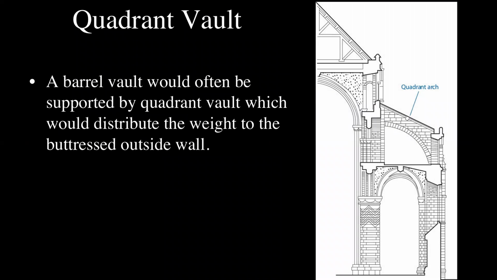So the quadrant vault was what was used because you have such a big space between the arches. And everything's made out of stone, so it's heavy above that. So a barrel vault needed to be supported with more than just these columns. So it would be supported by a quadrant vault. So they basically extended it out here and thickened the wall in this place using what are called buttresses. We'll see what that looks like on the outside. But basically, with an arch, the energy of the things that are above it would come down like this. So they try to build this as a prop to stop everything from falling over.